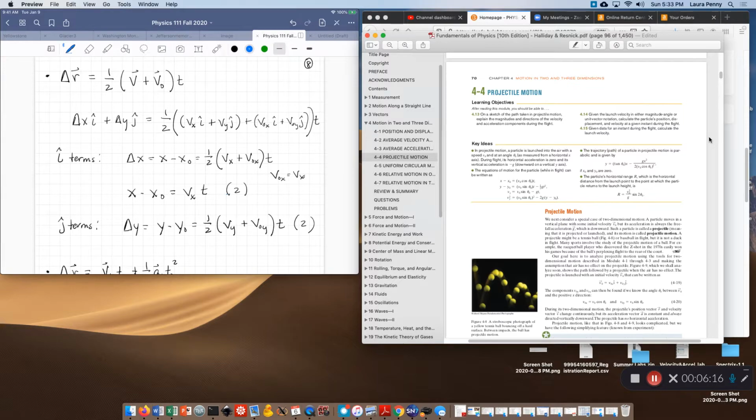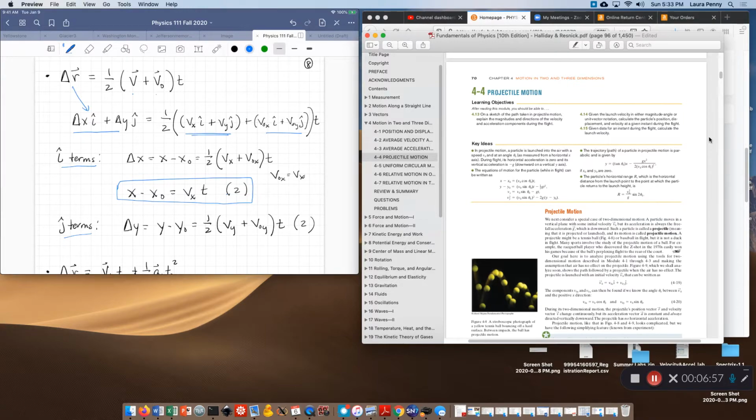We had delta X was equal to 1/2 the two velocities, initial plus final, times time. We still have that equation, but now we can write this out officially with the whole vector, where I have my final velocity vector and my initial velocity vector. And again, I can group this by I hat terms and J hat terms. What I get when I do that is this equation for things that are happening in the X direction,